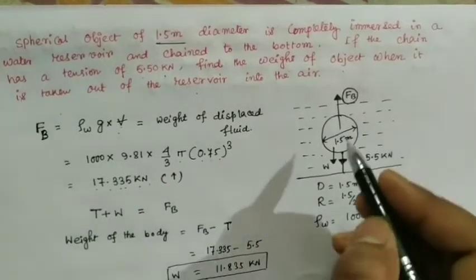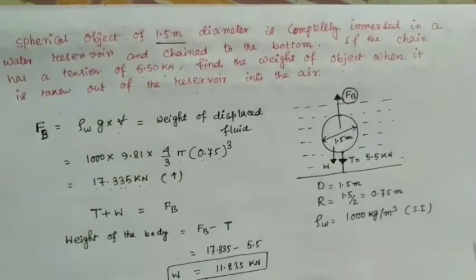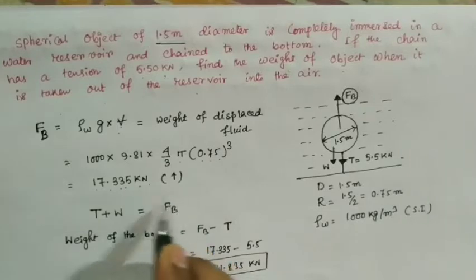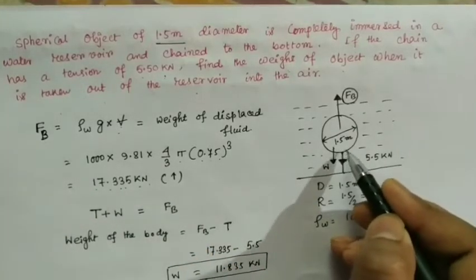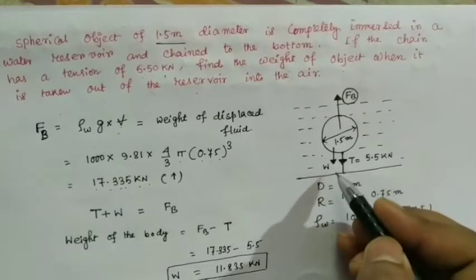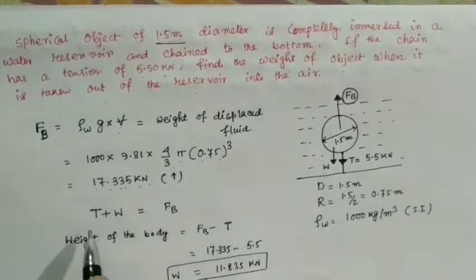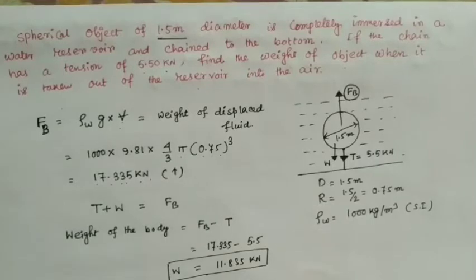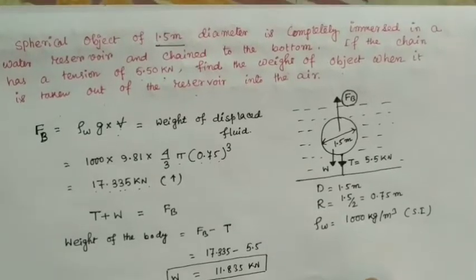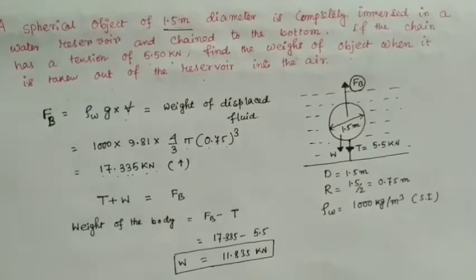So to equate the upward and downward forces, we simply write the equation like this. In the downward direction, two forces act: one is the tension, another is the weight of the body itself, and in the upward direction only the buoyancy force. So just equate both, and we get the value of the weight of the body. So I think you understood. Now